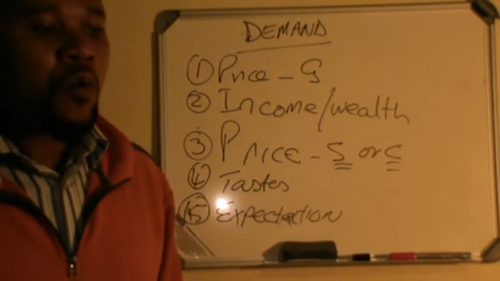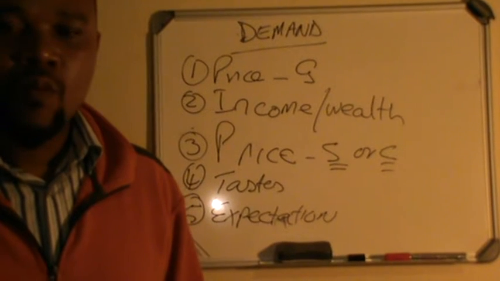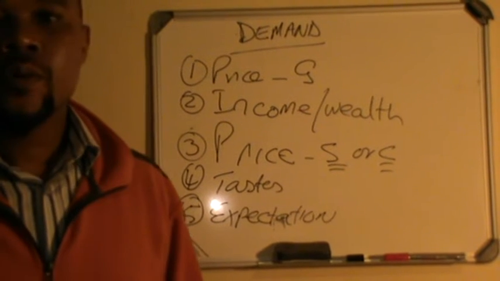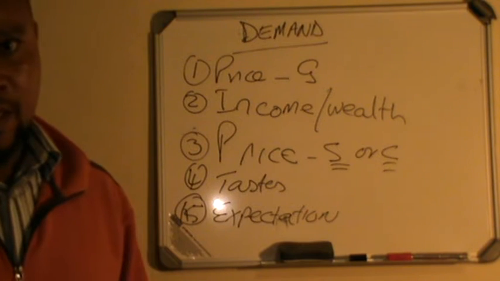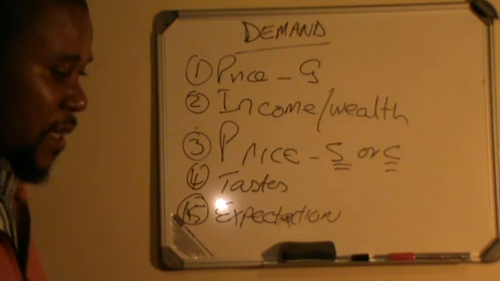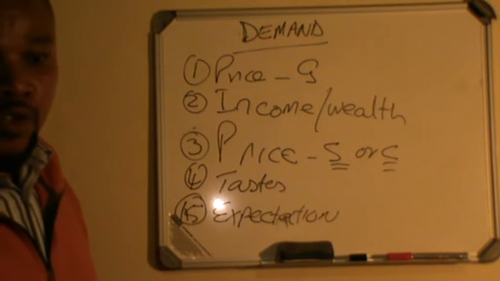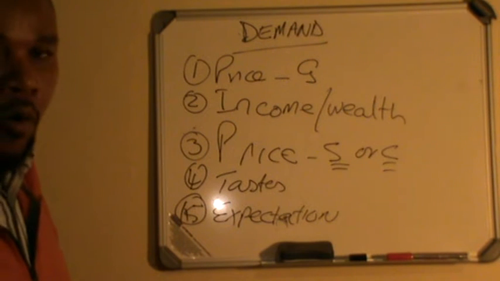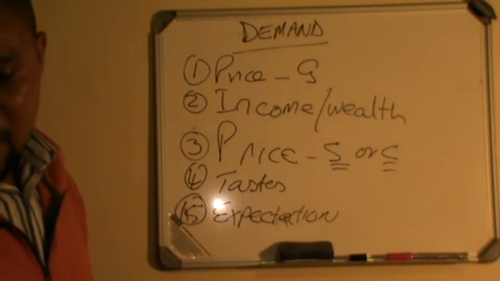It can also be our own expectation about what is going to happen to our wealth. If we expect that our own wealth is going to go down, or maybe the following year we're not going to be working, then our demand for particular products is going to drop as well, because of what we think is going to happen to our own income. So all of those are expectations for the future: expectations on what is going to happen to the price of the product, and expectations of what is going to happen to our own pockets, our own income. So these factors are all determinants.